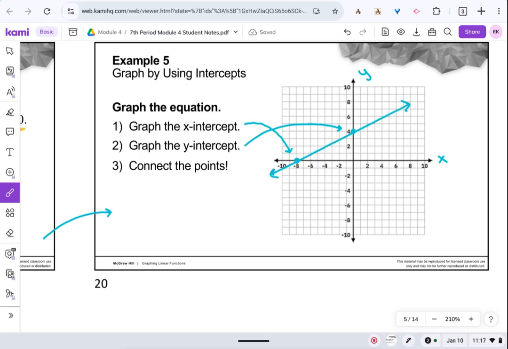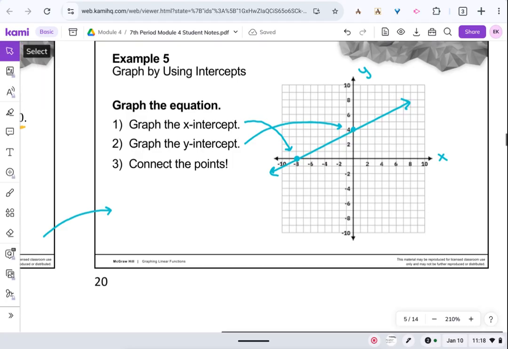The hard part is getting those 2 values, and the easy part is then actually graphing them. Okay. So we're going to look at one more example here, and then we'll move on from there. Looking at this last example, on slide 21,